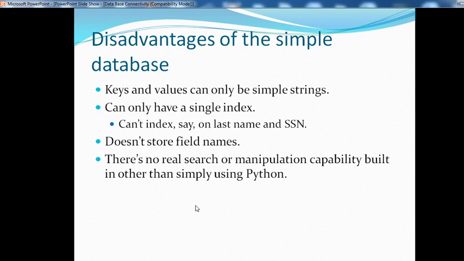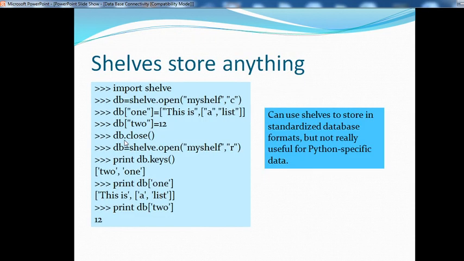Now see one more database created here, shelve, which can store anything. Import shelve, db = shelve.open, myshelf. Again you create your database, with one key used for 1 and another key used for 2. One key stores a list, this is a list, and the second key stores the number 12. Finally you close the database, db.close. Again you open the shelve database for reading, accessing some values.